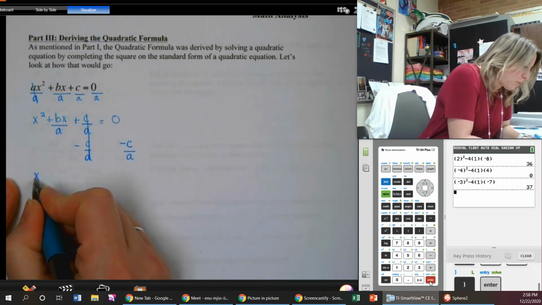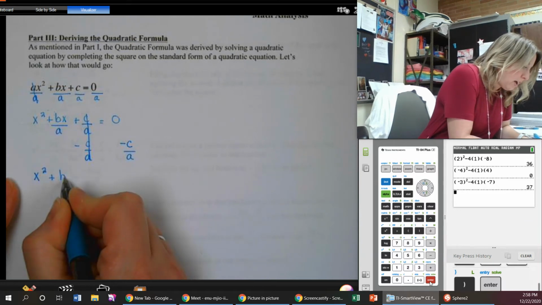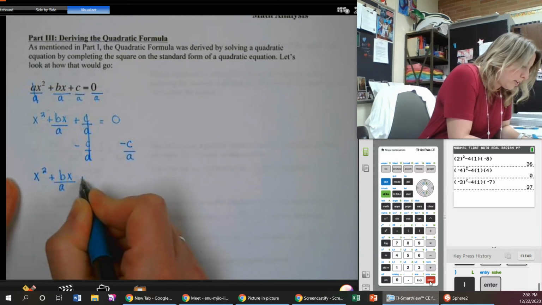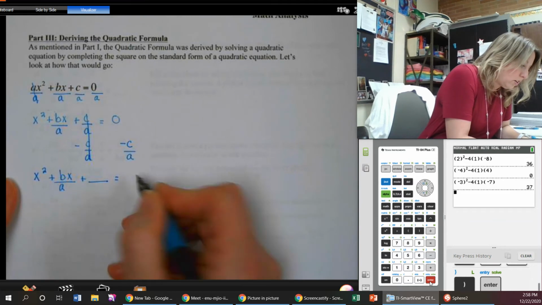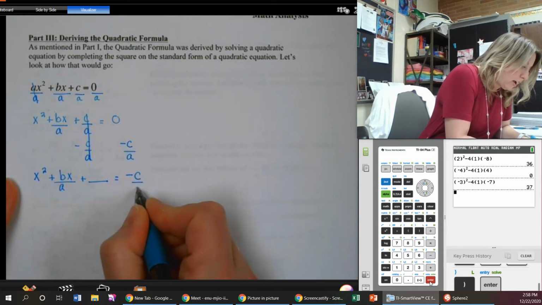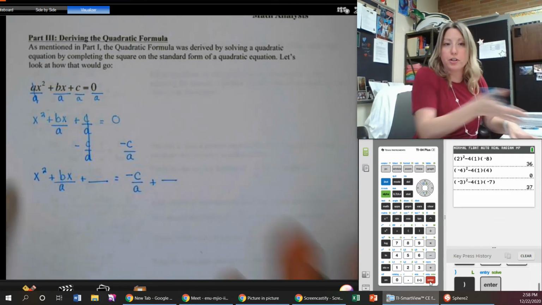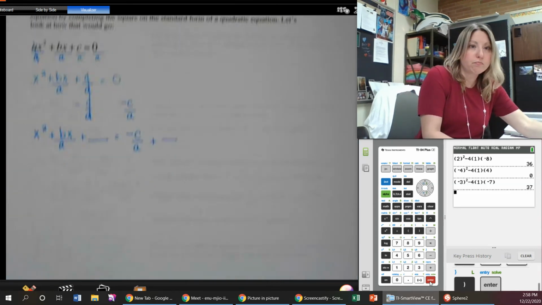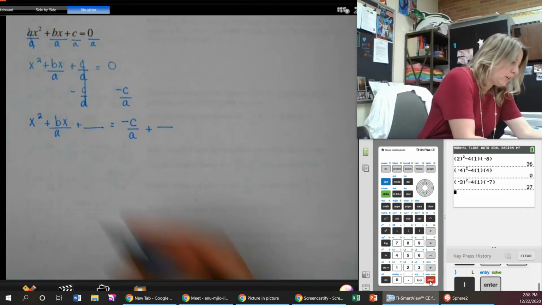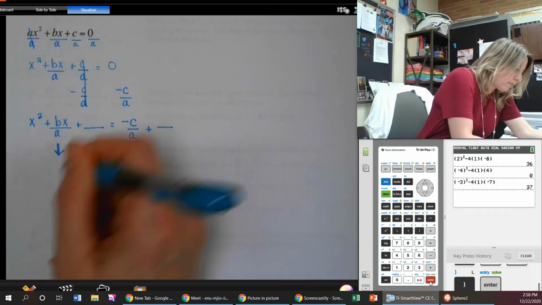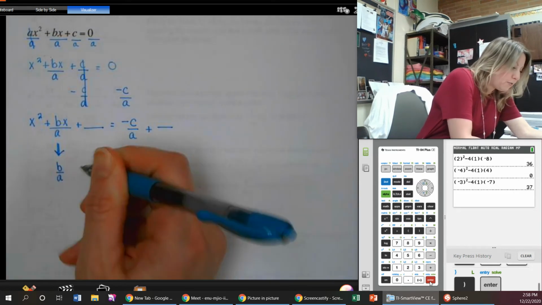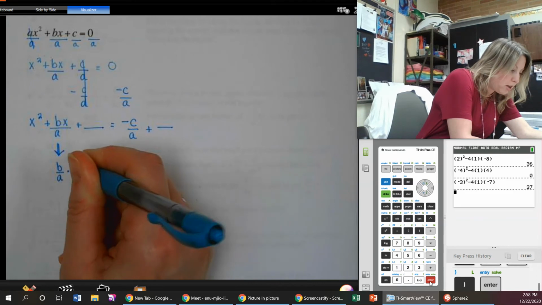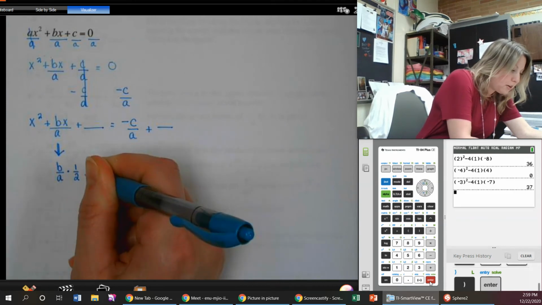So I get x squared plus bx over a plus blank equals negative c over a plus blank. So we'll add whatever it is to both sides, right? Whatever it is to complete the square. Okay. Take this guy, b over a, divide it by 2, which means multiplying it by 1/2, and then we